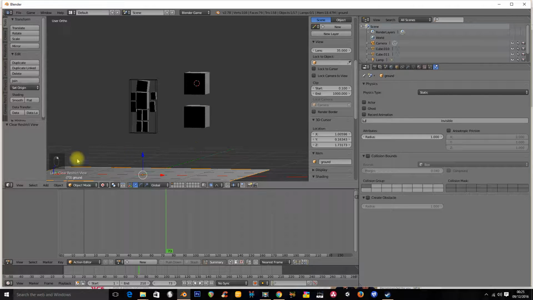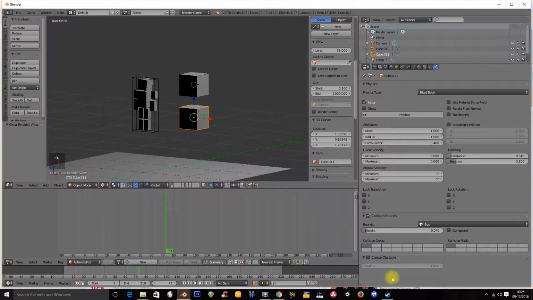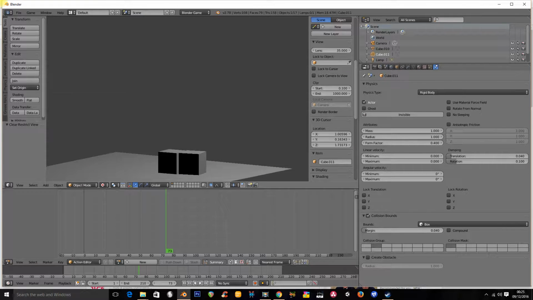This here is my ground plane, and it doesn't have any collision on it other than its mesh itself. However, it has all these layer masks turned on, and then it's in collision group 1. This only has one collision mask. This is similar, and they're both in collision group 1. So let's just move this guy out of collision group 1 and put him in collision group 2 and press P. So now